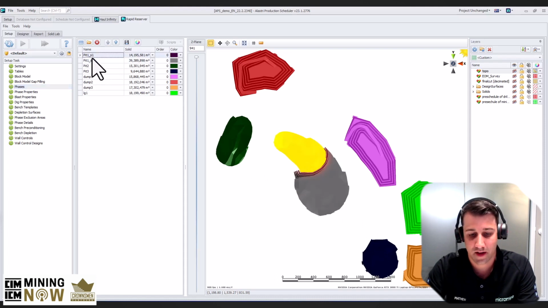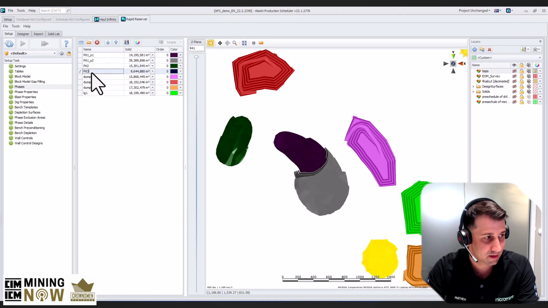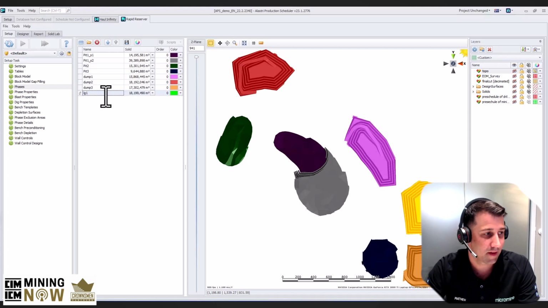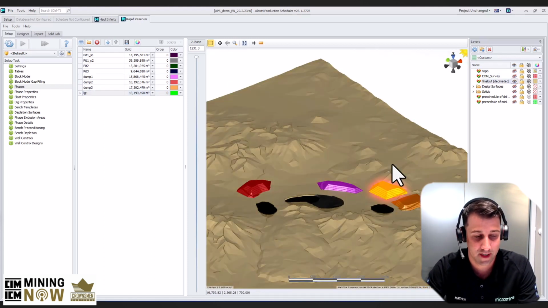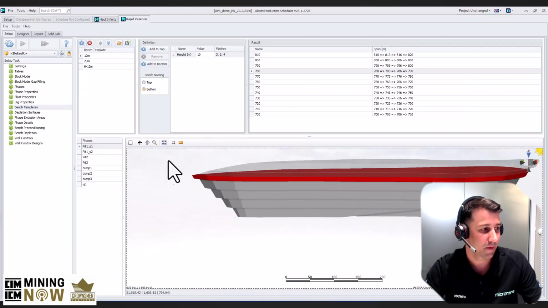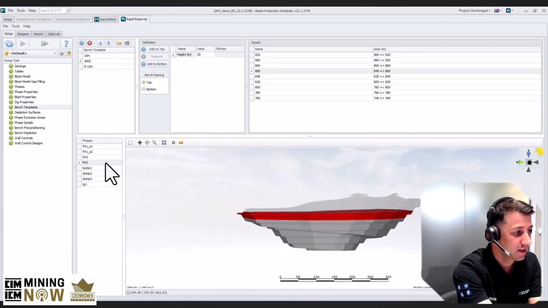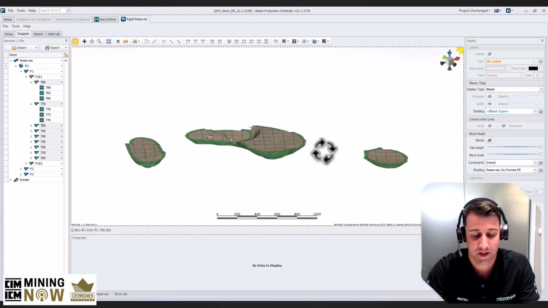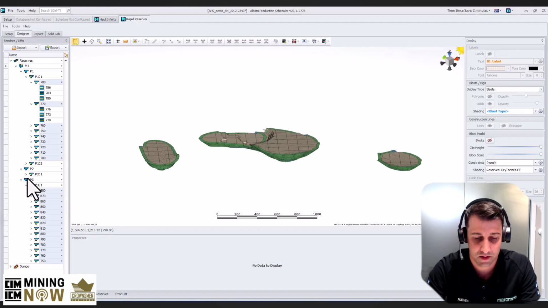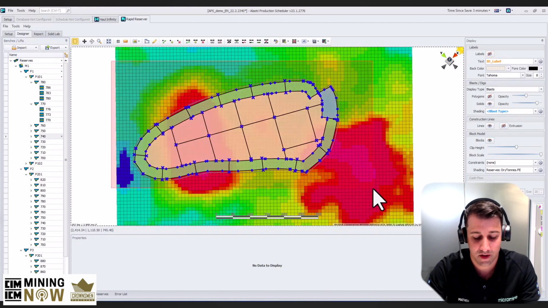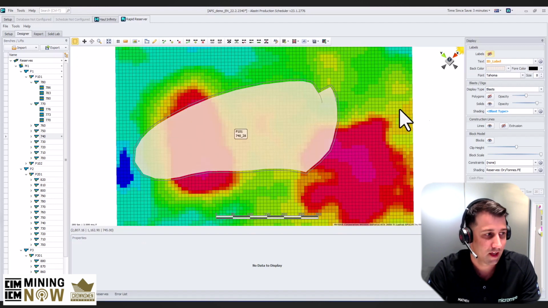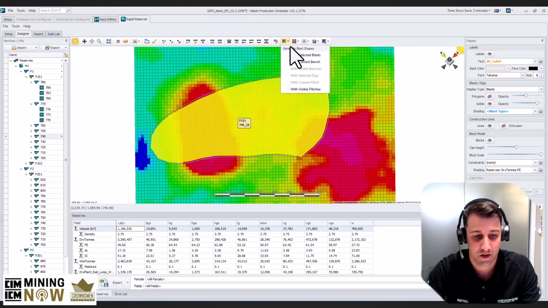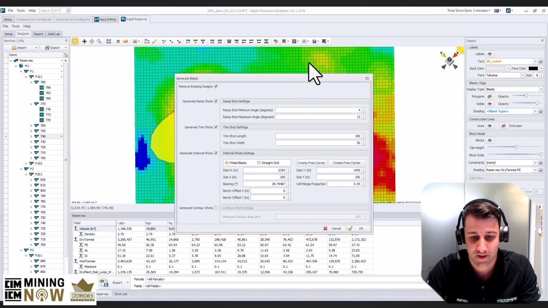Then within the software, we also have it on the source side. So we have our pits, which are cut up into different stages, and that's informed by the strategic planning process. Then we can take those stages and cut them up into benches. And then as we move later on, we can take each of those benches and cut them up into blast blocks and then cut them up into dig blocks as well. And then within each of those dig blocks, we know how much high grade, medium grade, low grade material we have. So a lot of different options there that we can use when we're trying to achieve a particular